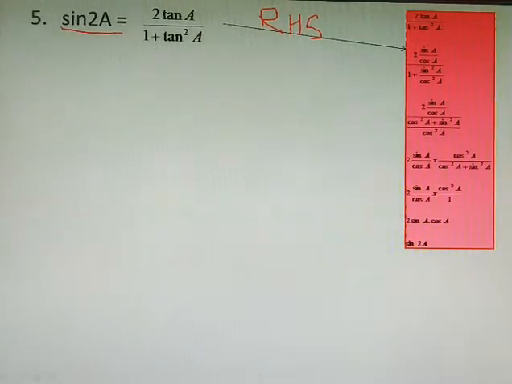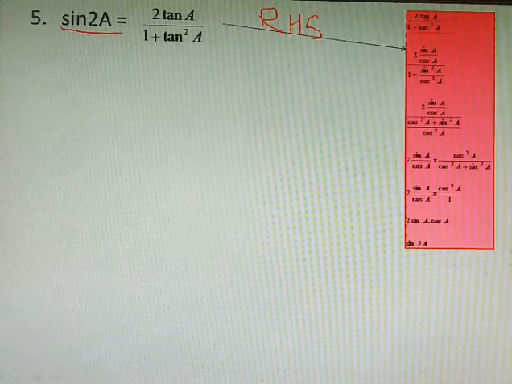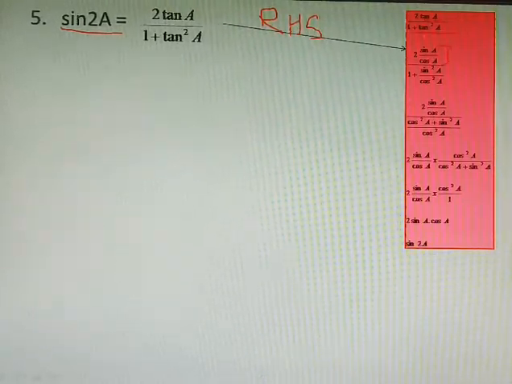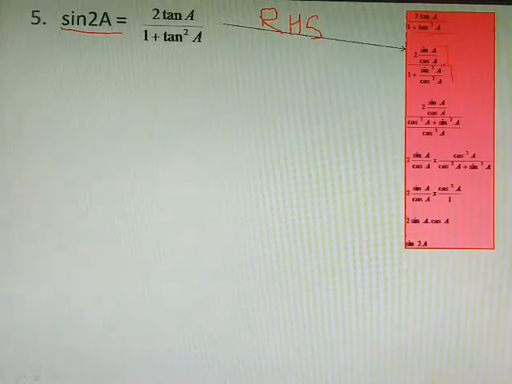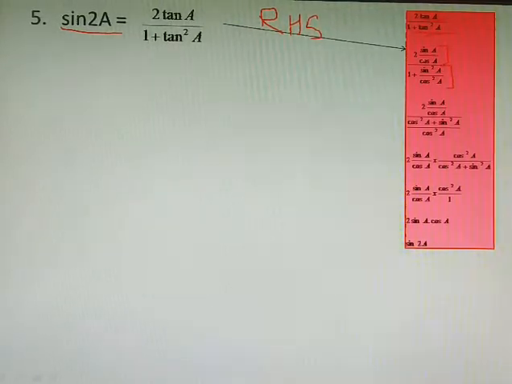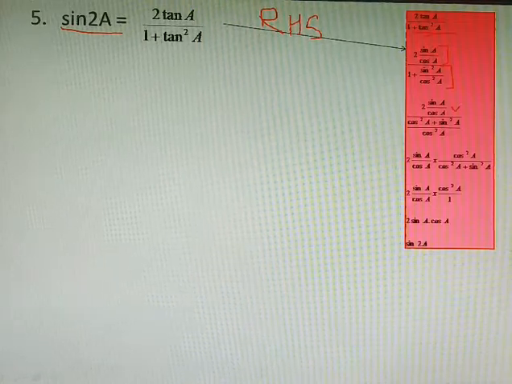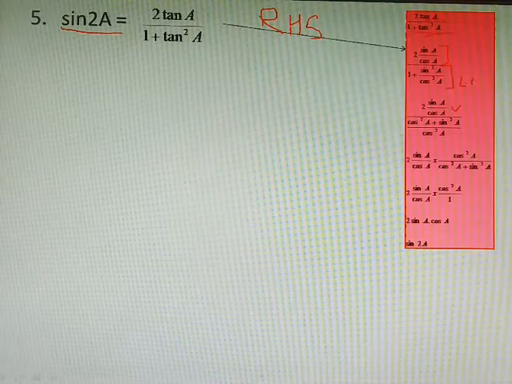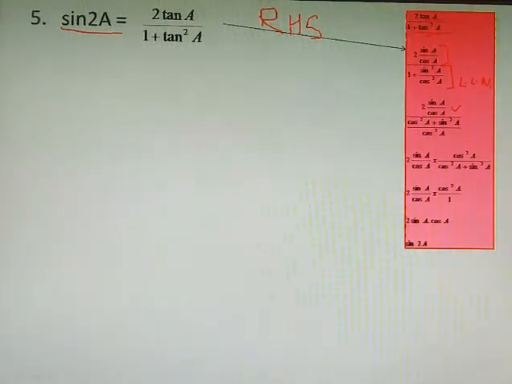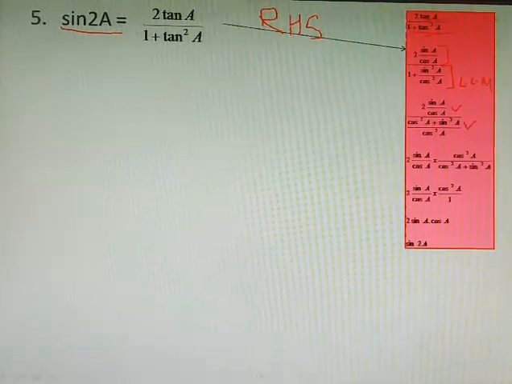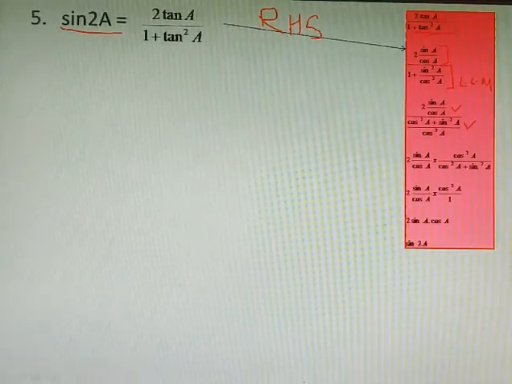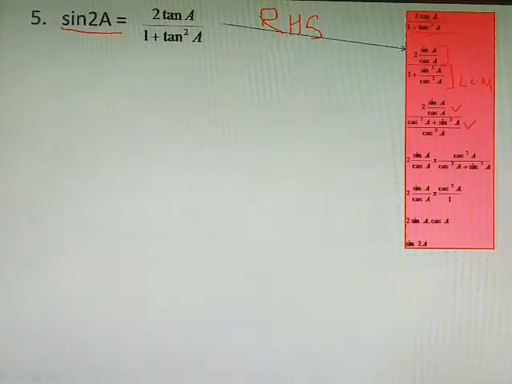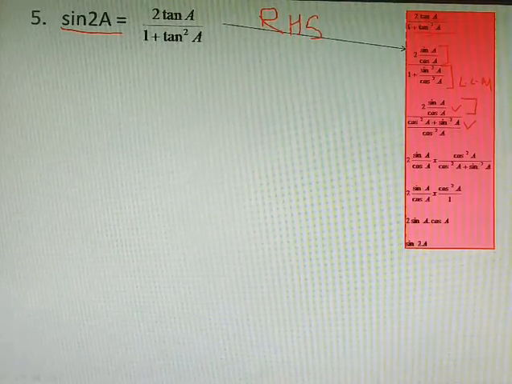So you can see 2 tan A by 1 plus tan square A. This is in the right hand side. So this tan A can be broken into sine A by cos A. Again, this tan square A can be converted into sine square A by cos square A, and the numerator will remain the same in the next step. So taking LCM in this step, in the denominator, we will get this form, and in the next step 2 sine A into cos A, that is the numerator, it's the same here.